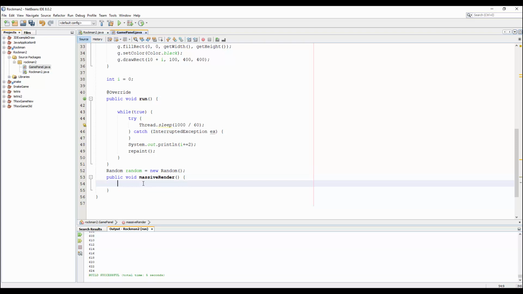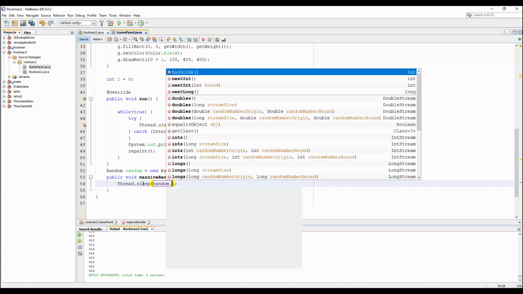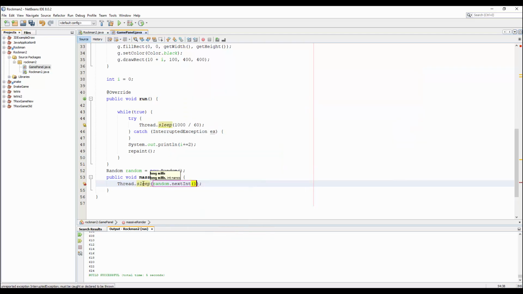Here I just call the Thread sleep with random nextInt with about 20. No. Oh yes, 20